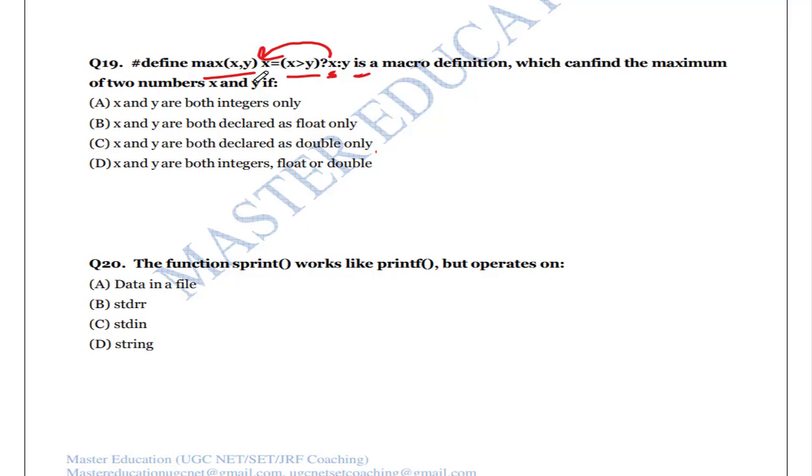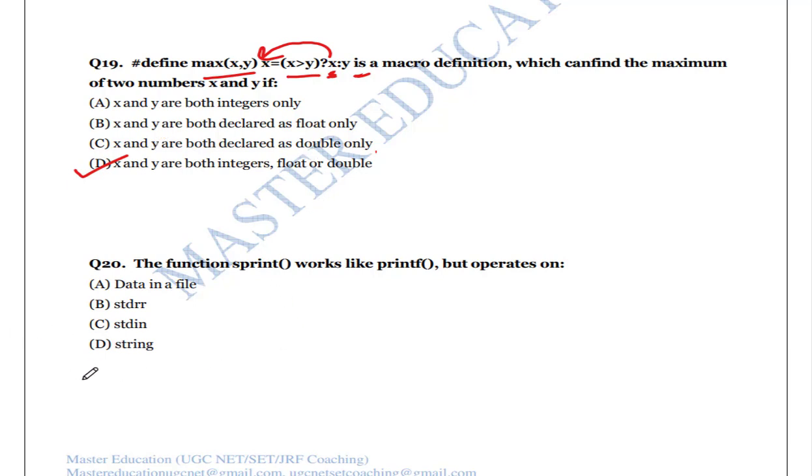No. Whatever the data type, the purpose of a macro is that it will work automatically for all data types. So x and y can be integers, float or double, and it will execute. That is the use of a macro function. Once you define a particular macro, you can use it for all the data types.